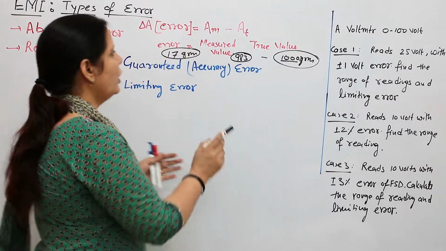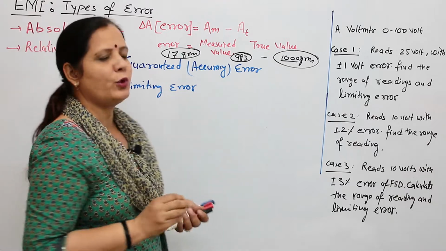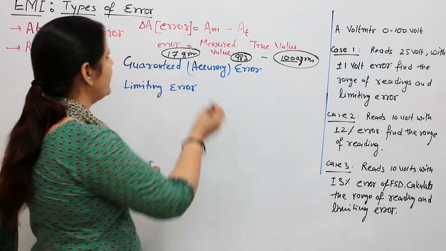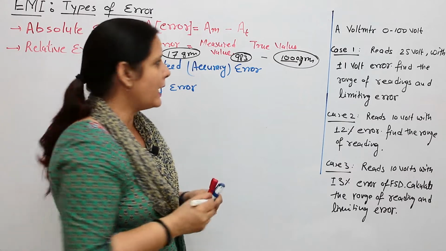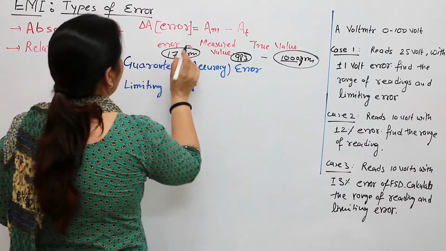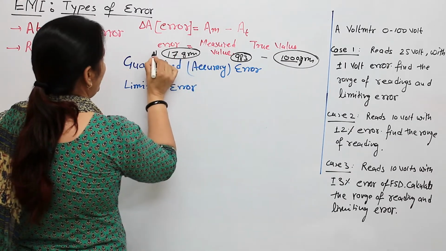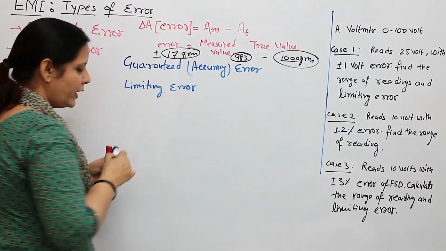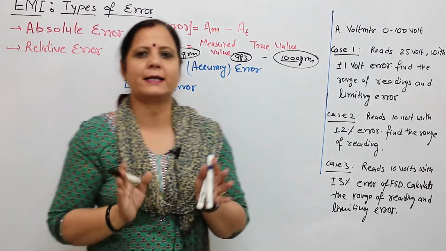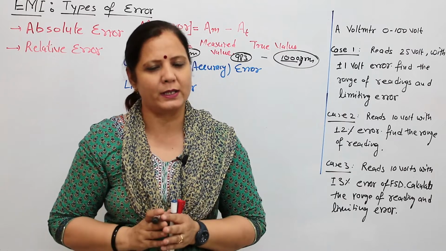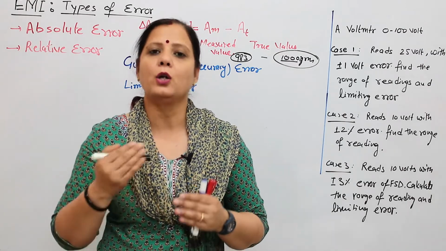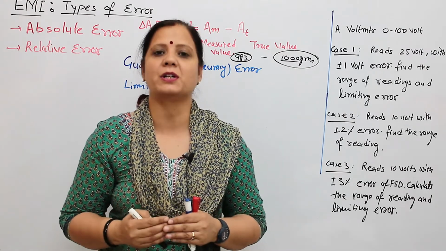In general terms, a few textbooks also mention that error is true value minus measured value. To avoid this kind of confusion, we generally describe the error with a plus minus sign. It shows that there is a gap between the measured and true value of the measured quantity. It can be higher or lower than the mentioned value.